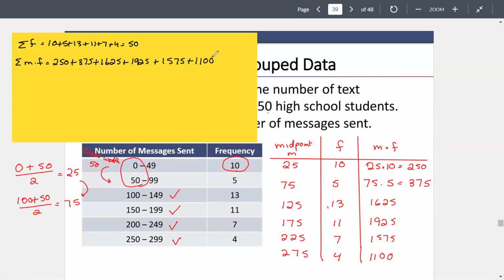I accidentally hit the wrong button here trying to do that. We add those up. Try this one more time. I need a different calculator. Okay. The sum of the midpoint times the frequency is going to be